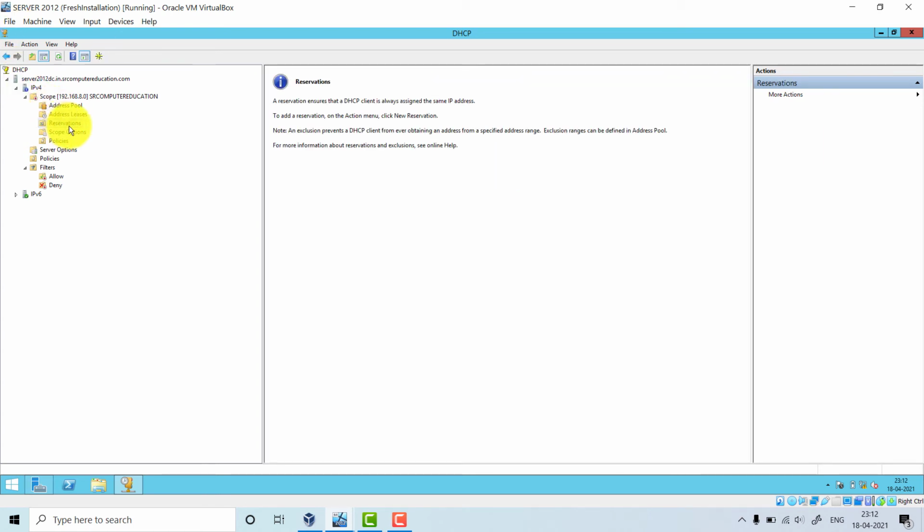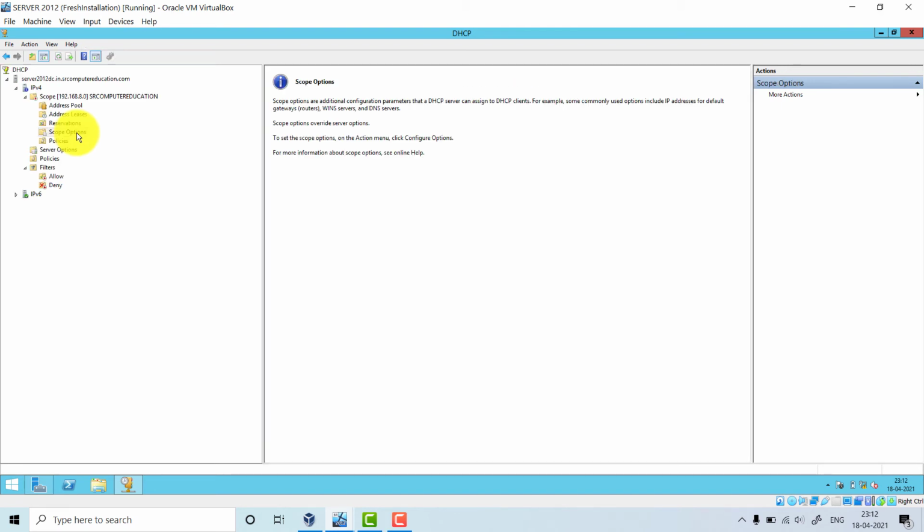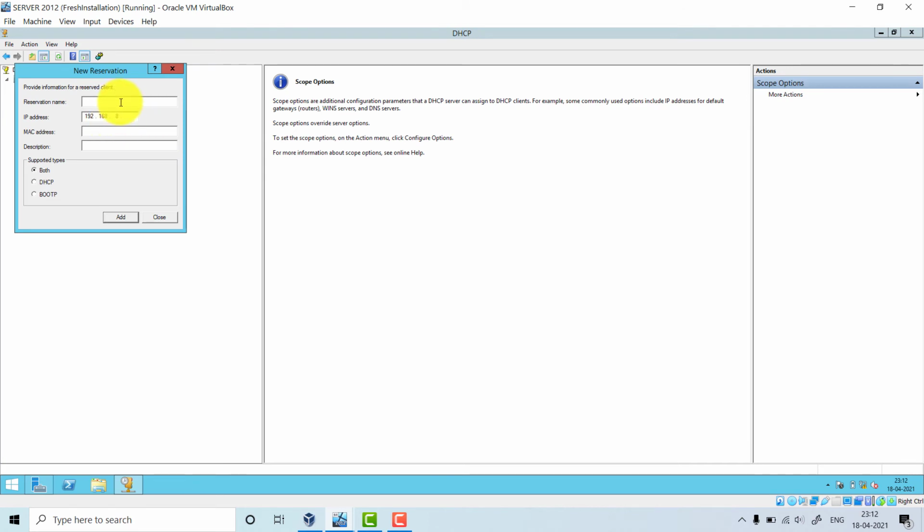Okay. In reservations, you don't have anything right now. Okay. You can put it here also. Okay. New reservation, if you want to say that this IP address is reserved for some purpose. Like we have done the exclusion for the print server and file server. Actually, you can give that here also.